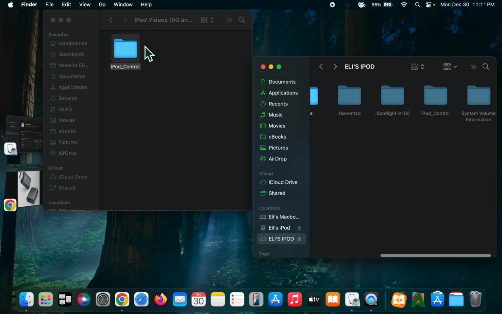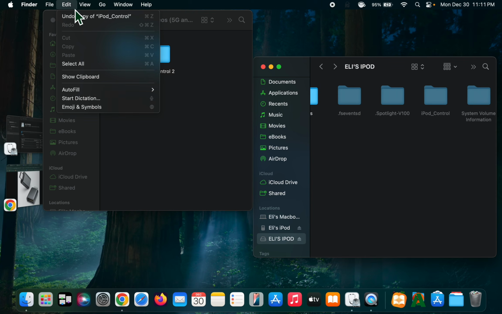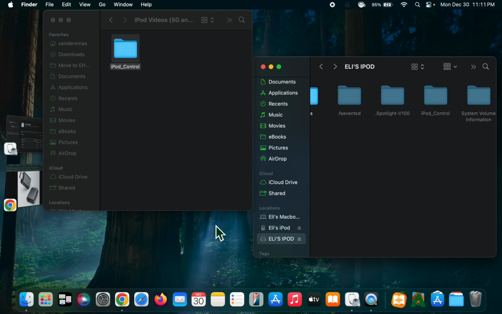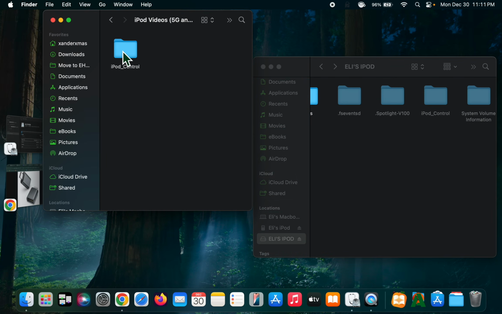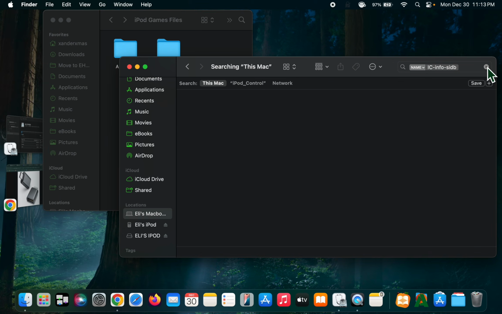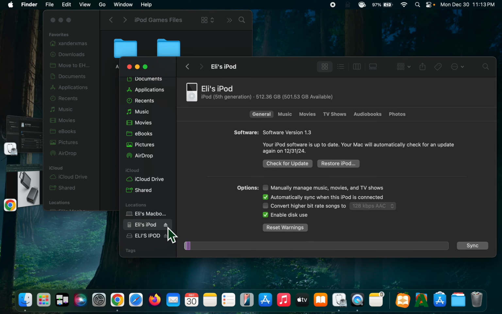This works easier. And you're gonna hold down Option while you click and drag this into this. And then it's gonna say this little thing that pops up, and it's gonna ask if you want to merge, replace, or skip. Do merge. That's important. If it doesn't ask you if you want to merge, do stop and try again. So you're gonna do this into this, and it has to say, do you want to merge, skip, or stop? And you do merge, and then you're gonna go and do it. So you're gonna do it on both. I forgot which one I clicked the first time, but you're gonna hold down Option and put it in there for both, and do merge both times. And that's literally it. Then you can just disconnect your iPod,